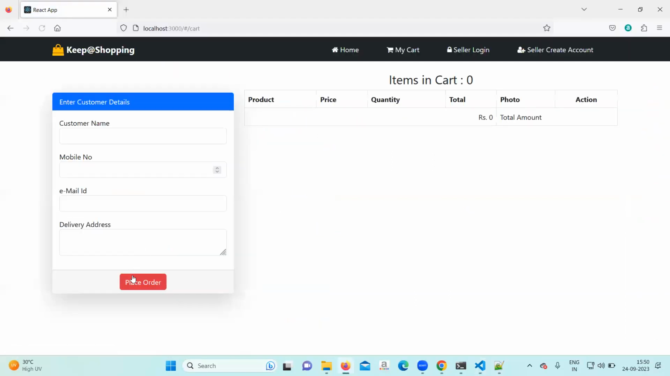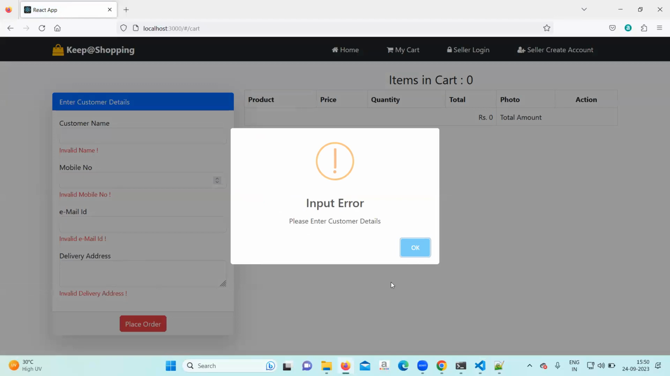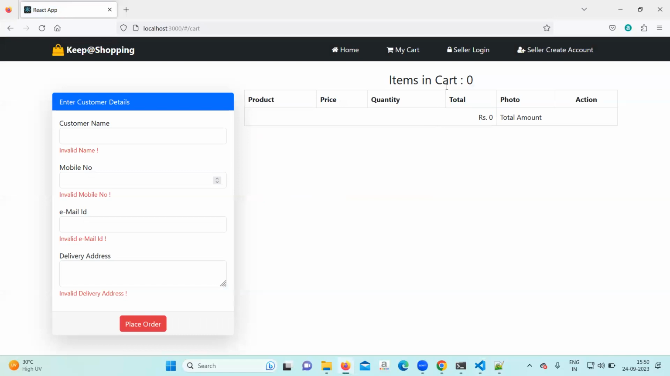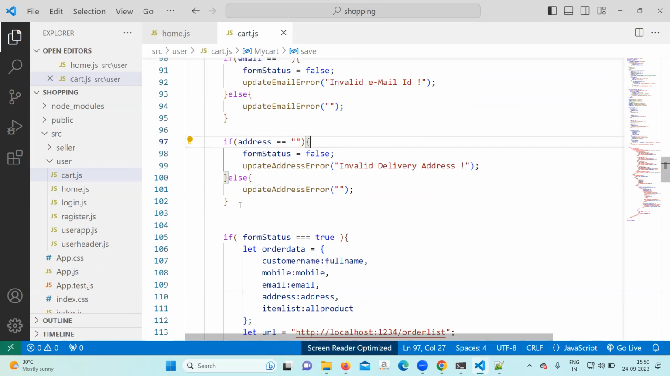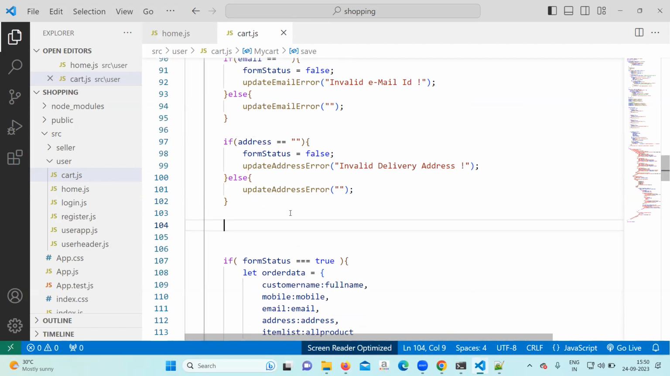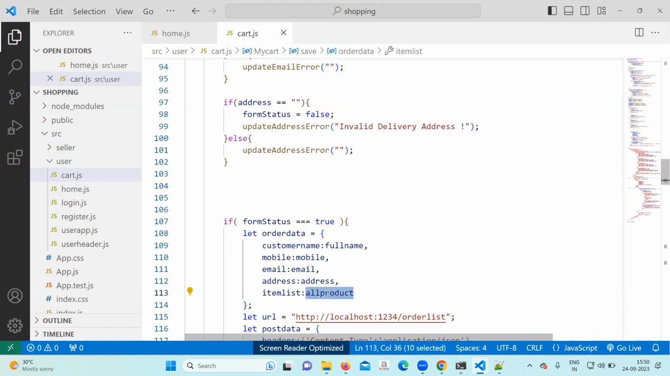Okay. Till everything is filled, it will not take the order. Even if the array length is 0, it should not take the order. Correct? If you have not added any item in the cart, what should happen? Then also it should not take any order. Correct? Right below the last point, if array dot length is 0, all product dot length